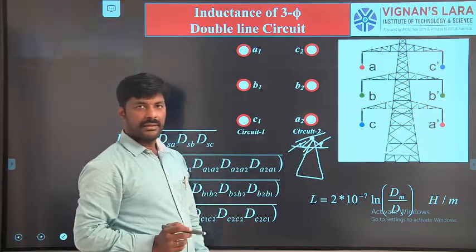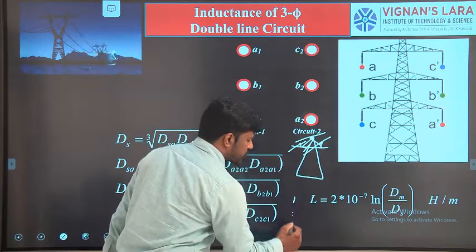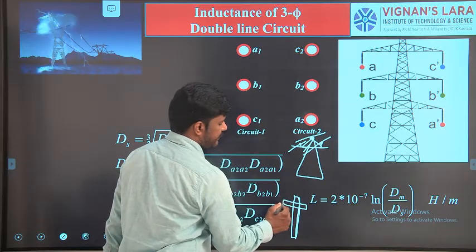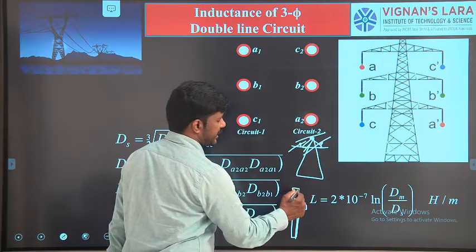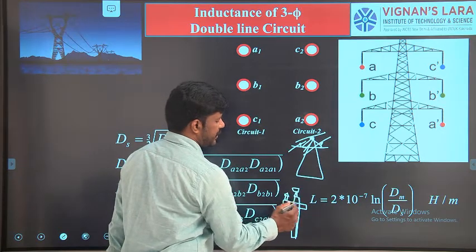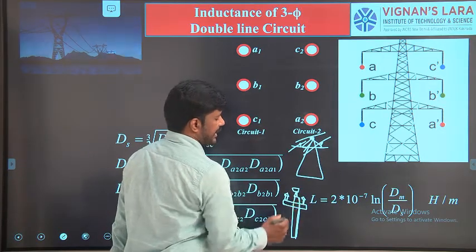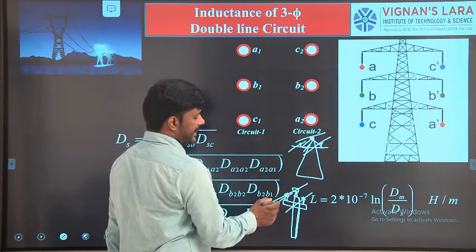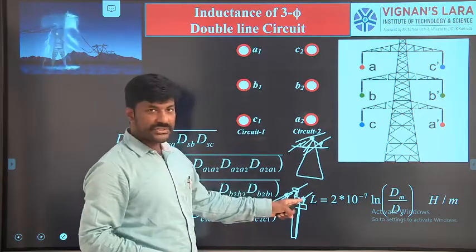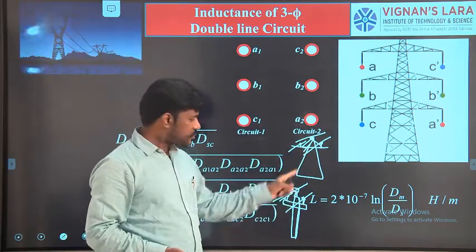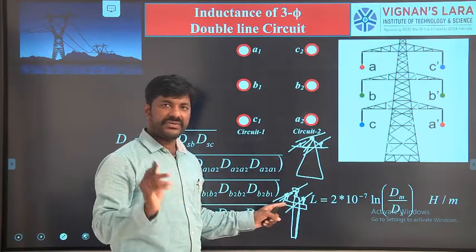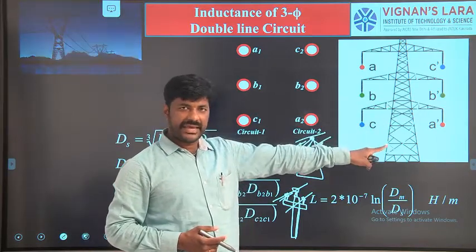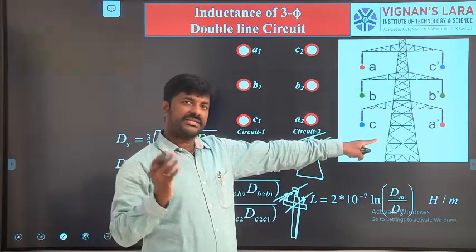In some places we can observe poles, like this electric pole. Upon this electric pole is the cross arm, and here you can find some insulators which isolate the conductor from the tower structure. So on the upper side there is one conductor, and on either side of the electric pole 2 more conductors. In total, 3 conductors here also. These 2 examples are for a 3-phase system single line circuit, whereas the figure I have shown here is a 3-phase system double line circuit.